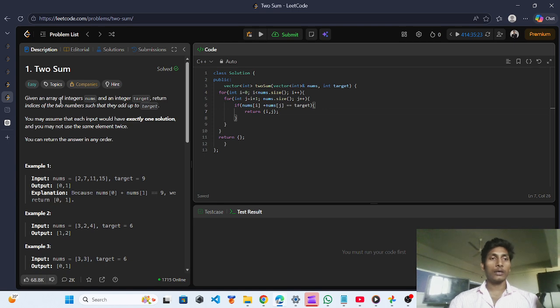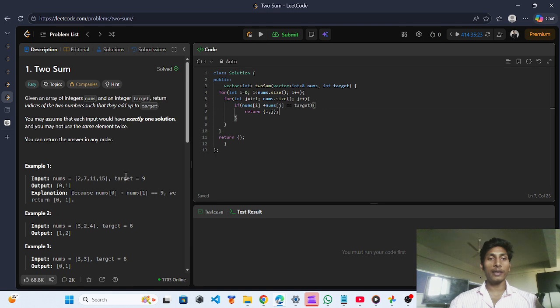The question tells us: given an array of integers nums, the nums array is given here, and an integer target.